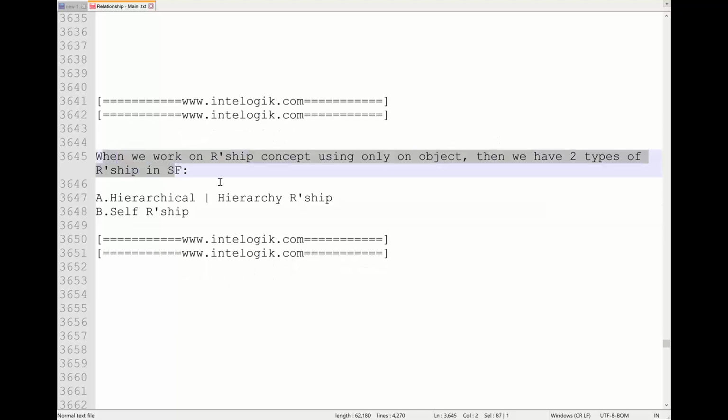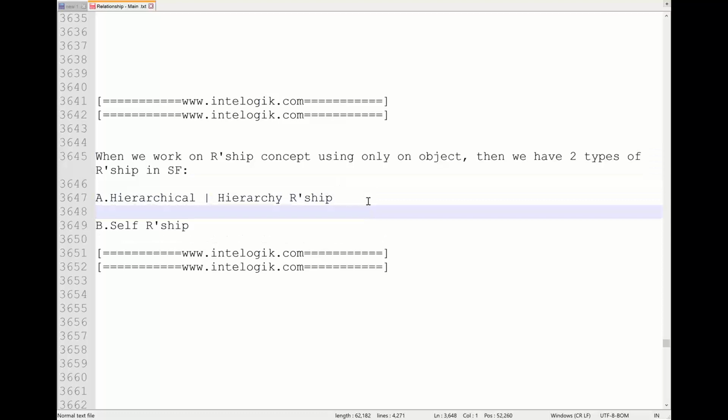Now guys, when we work on a relationship concept using only one object, you need to understand that there are two types: hierarchy relationship and self relationship. Hierarchy we are done.